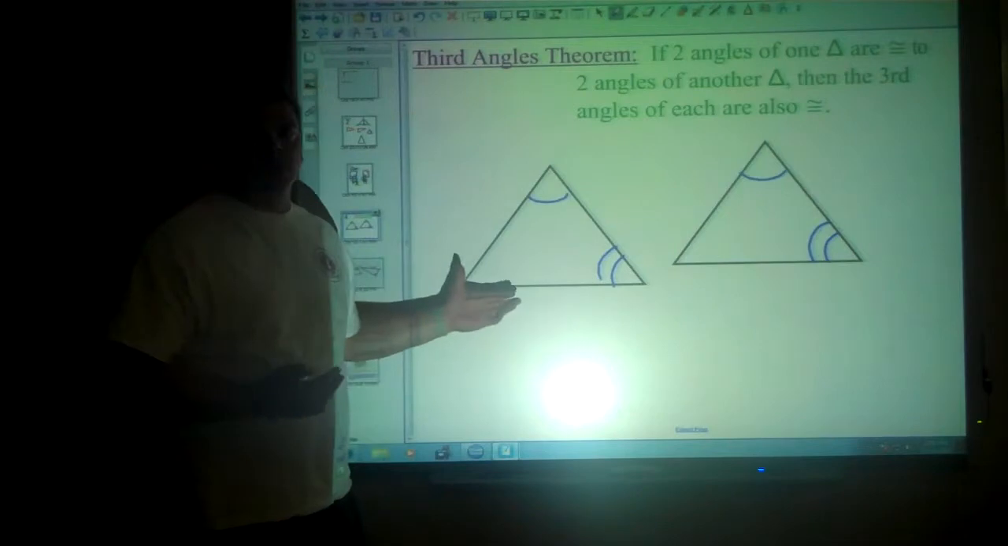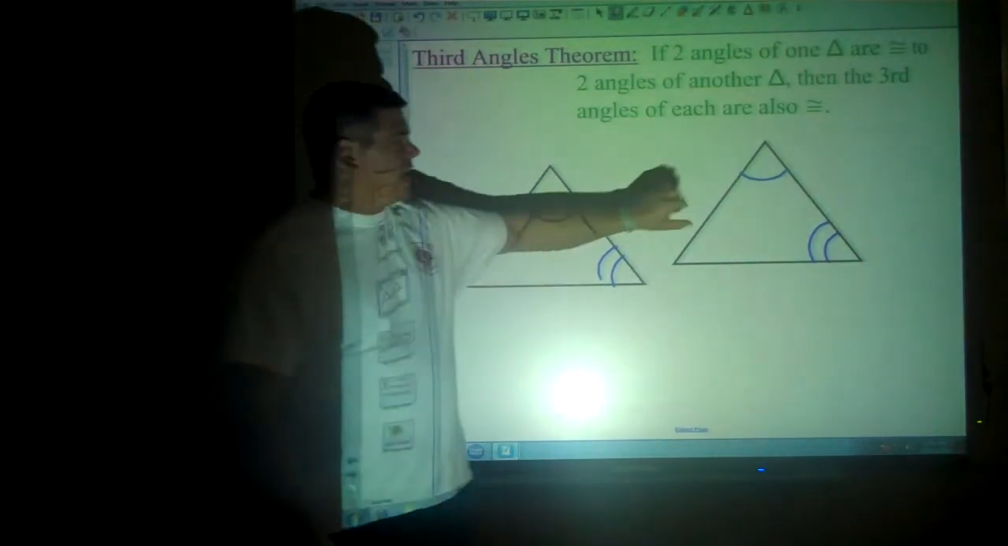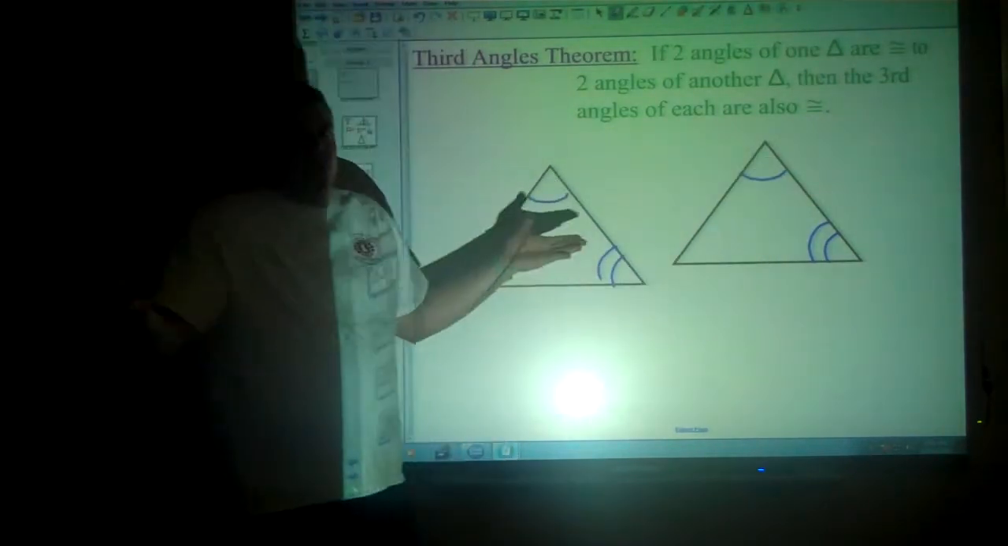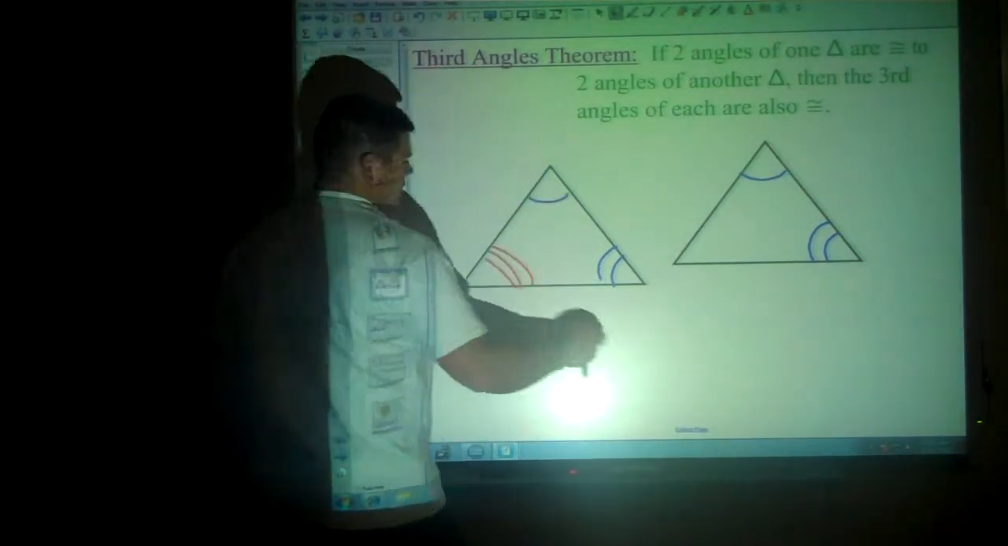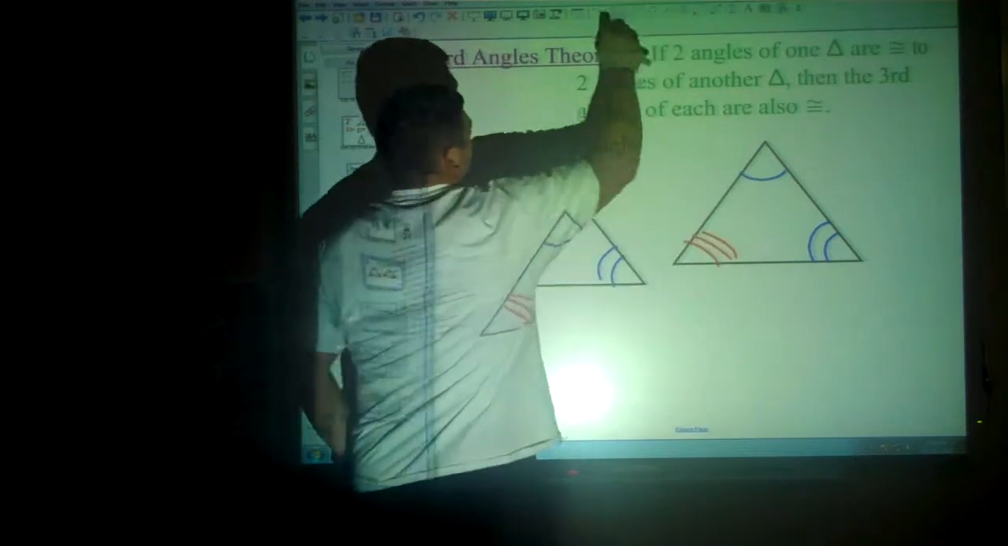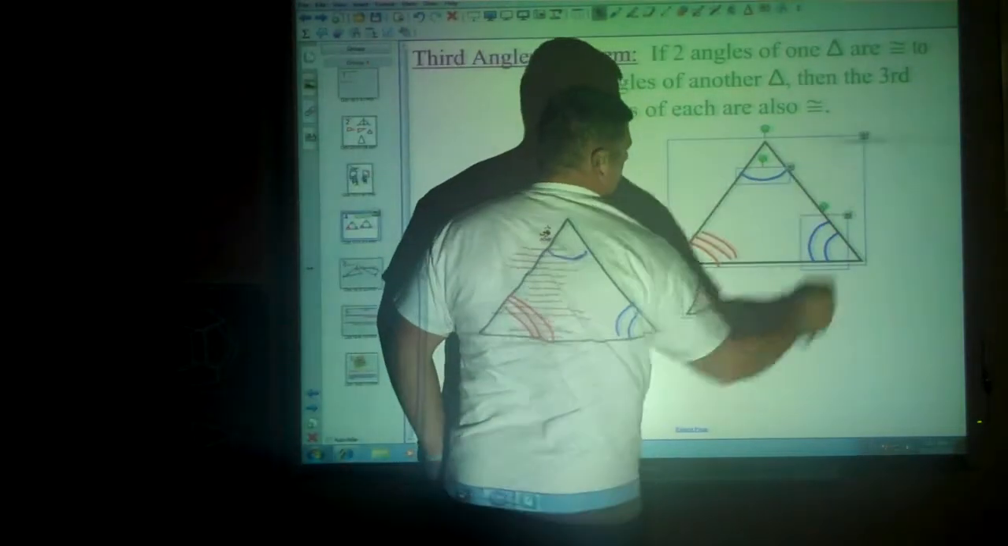So all triangles must equal 180, and if you eliminate the same amount of two of the angles, the leftover third angle has to be the same. So the third angles theorem is here. Even if this shape ends up being